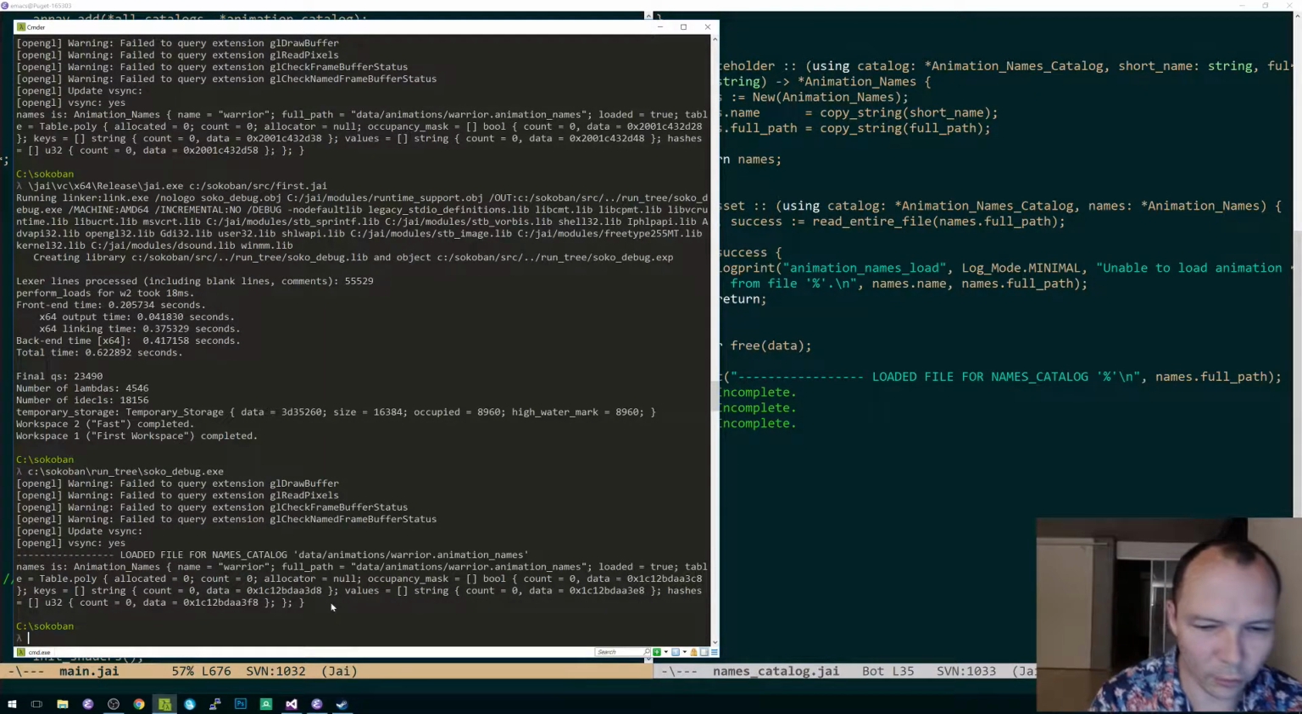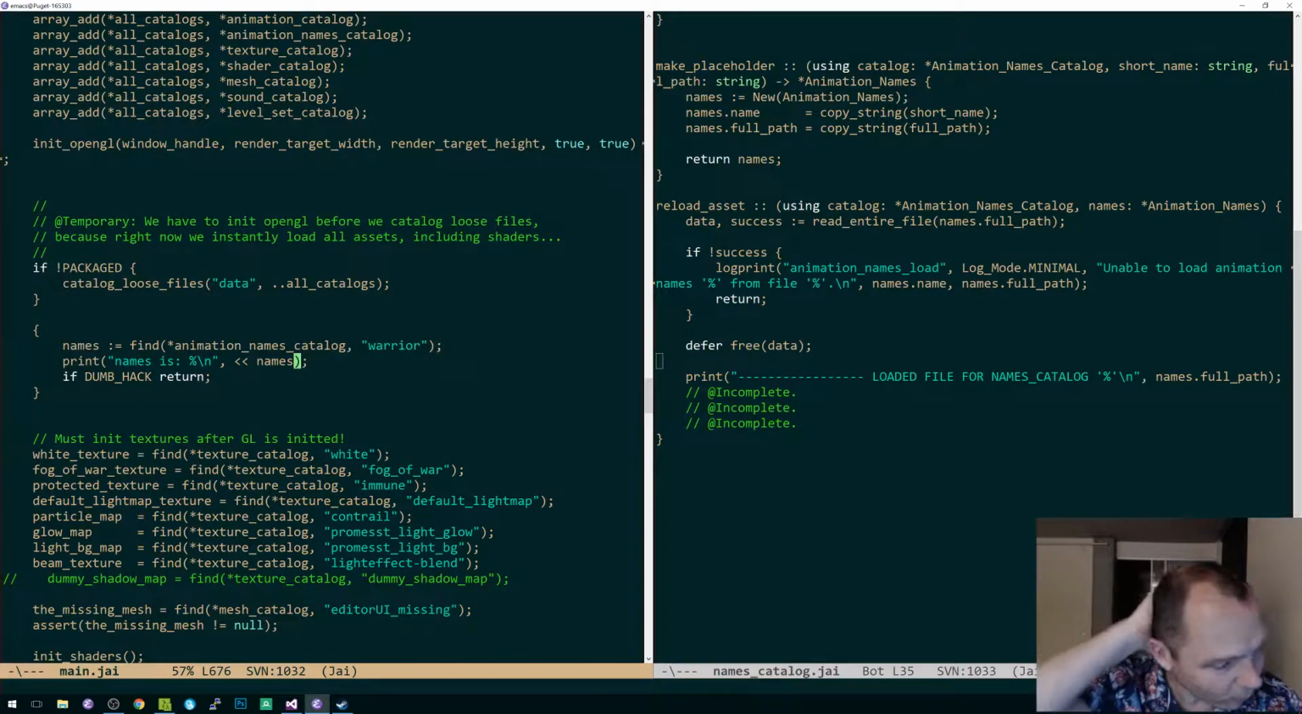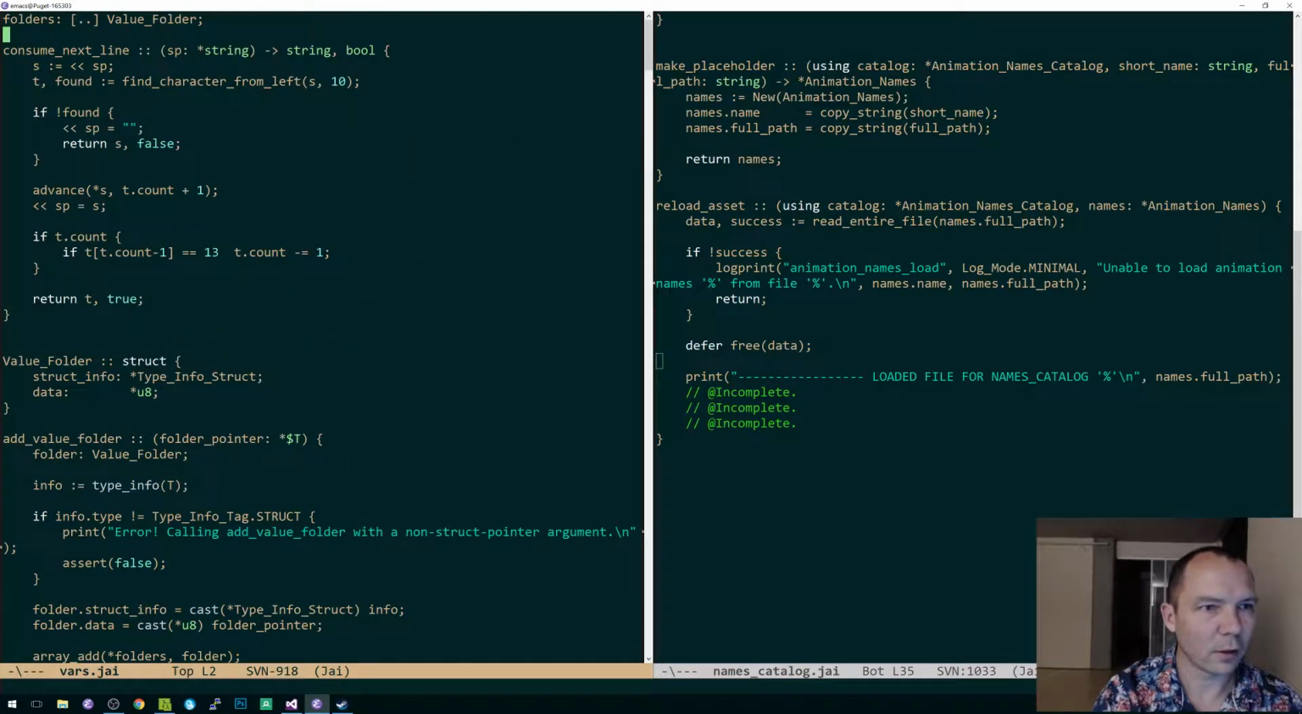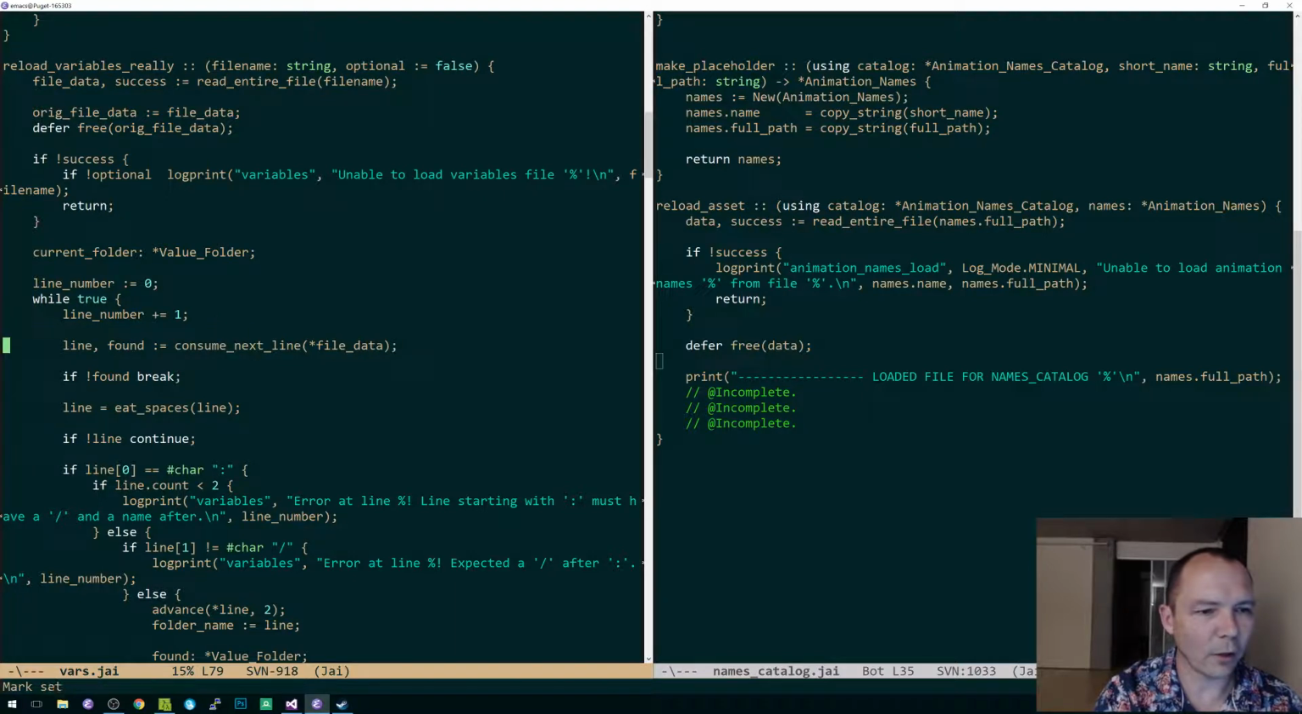Well, let's just start doing some text file stuff. What are some other text files that I load? Well, the variables stuff. Here we go. Consume next line, right. So I'm going to do this. I'm just going to start copying the pattern that I do here. I want to say loading, right. I'm going to say while true,